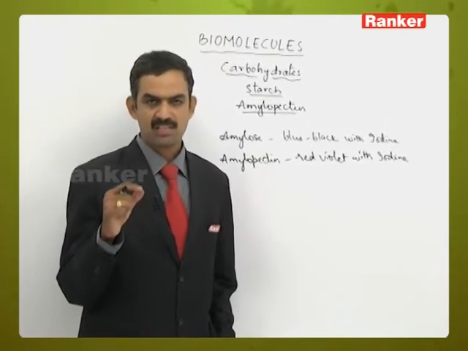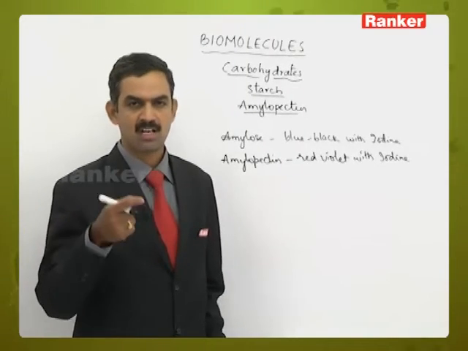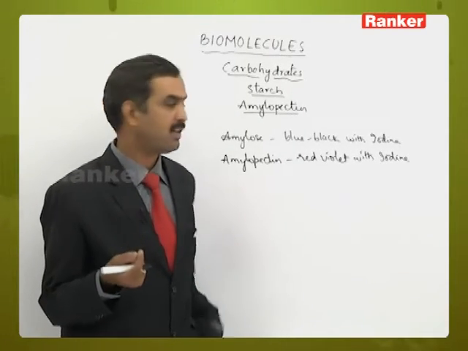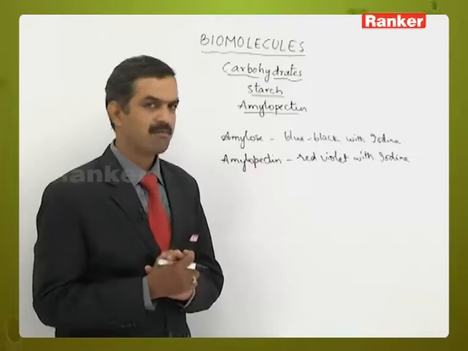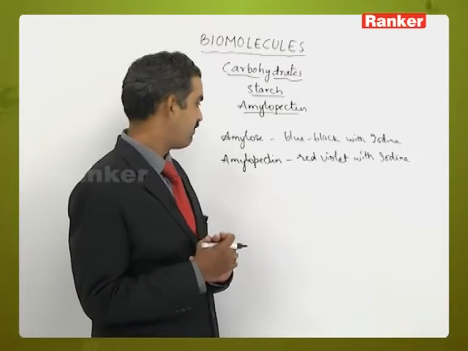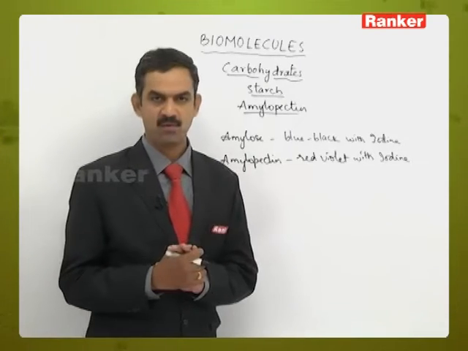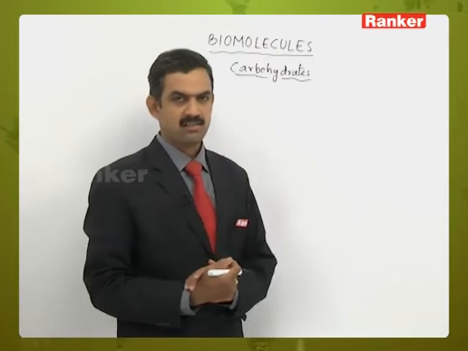So when the iodine solution is added to the starch food material, if amylose is present, that food material will be converted into blue black color, and if it is amylopectin, it is converted into red violet color. In the polysaccharides, the next one is